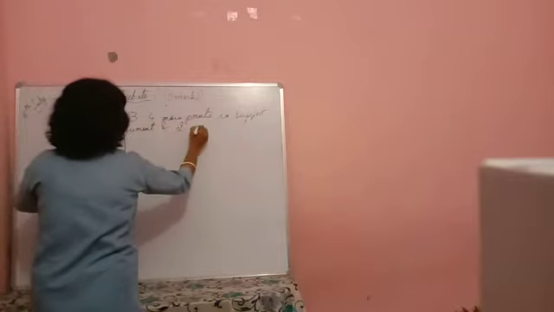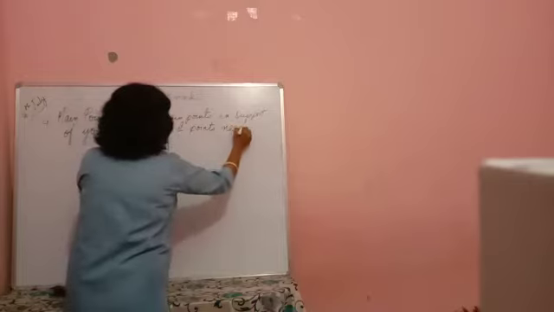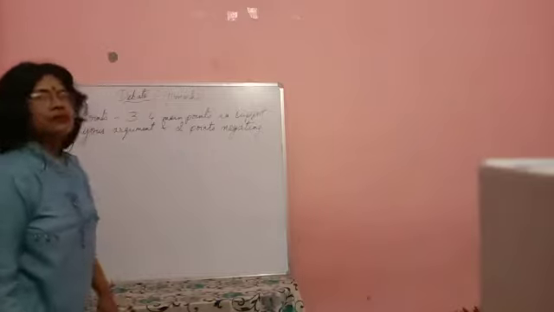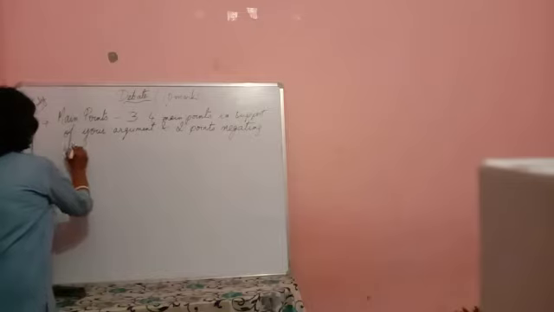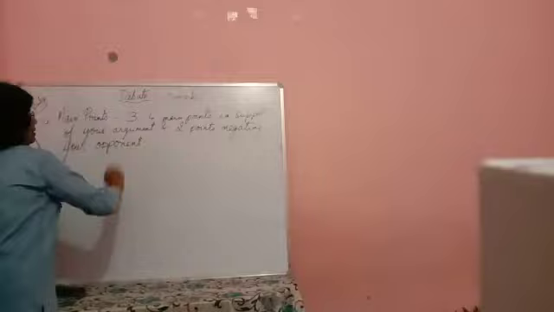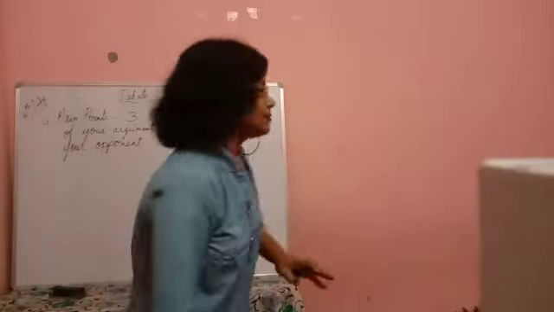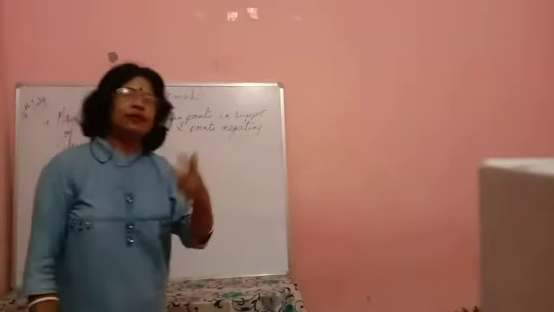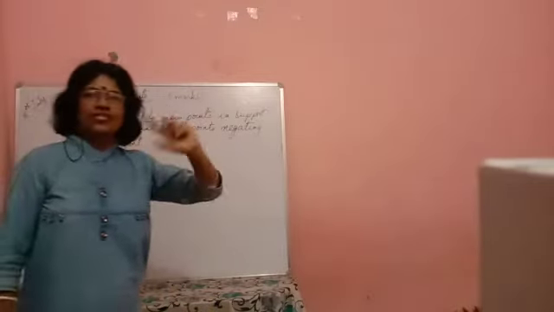And 2 points negating. Negating means rejecting, opposing your opponent. So at least 8 to 10 strong points you will have to understand. Here 3 to 4, because some points might be in common with your friend.